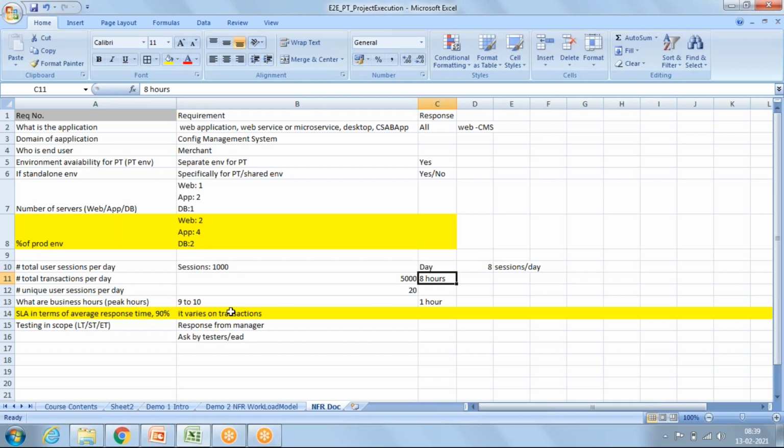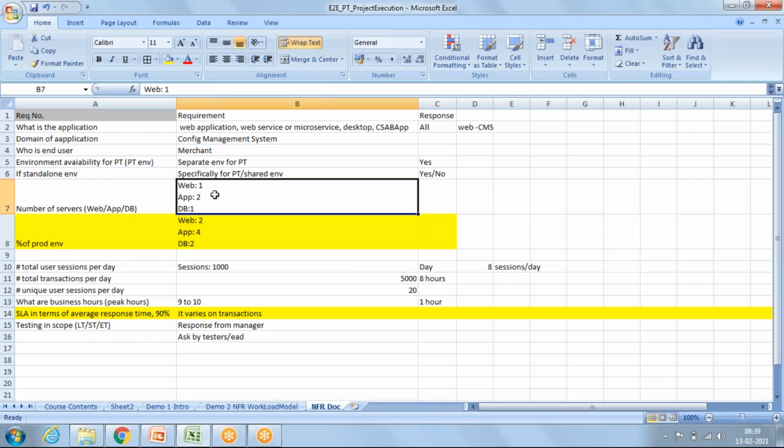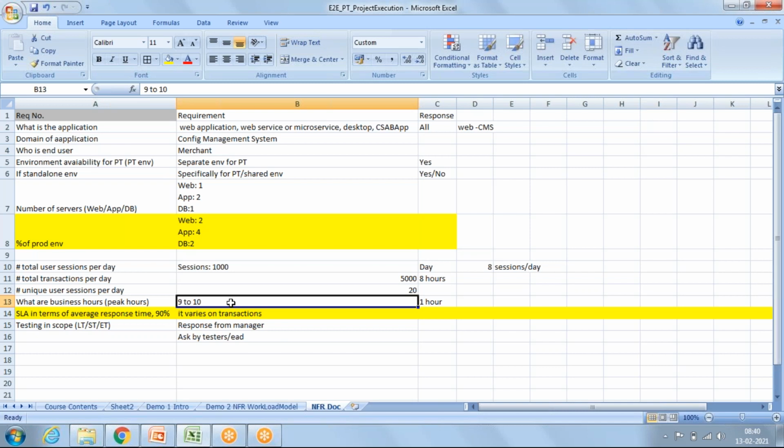And we have to calculate it for our peak hour, that is 1 hour. Whatever value comes up is for the configuration already running on production, and our configuration is just half of the production. So whatever number we receive here, we will halve it and use it for our performance testing.